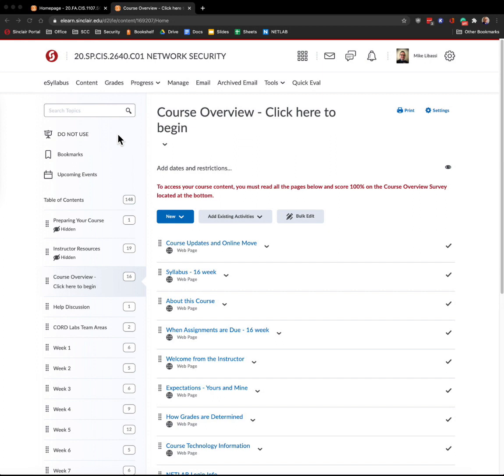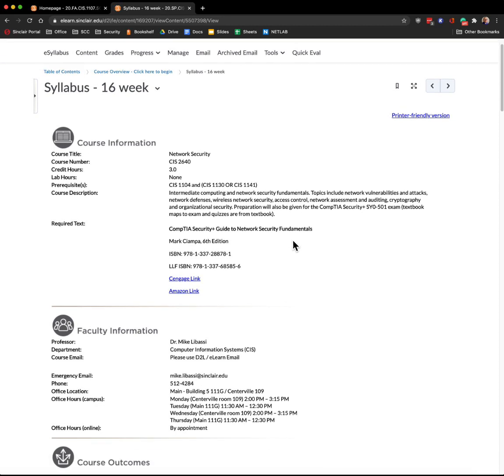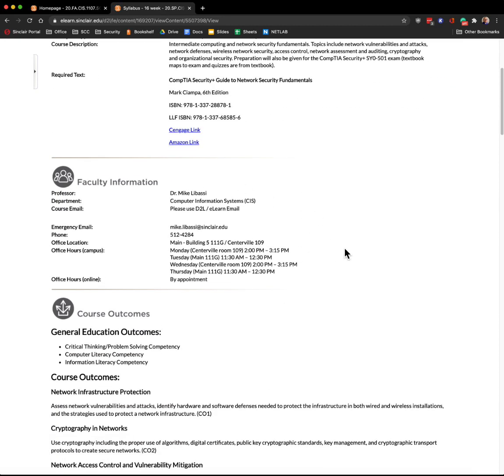So a couple things when you first get in. Probably most important, of course, is the syllabus. I know you've heard this before. It's in the syllabus, and it should be. So the syllabus for my courses is laid out pretty much this way. As with most courses, information about the course, any textbook, my contact information. Please note this will change, of course. The example you see here will change each time.